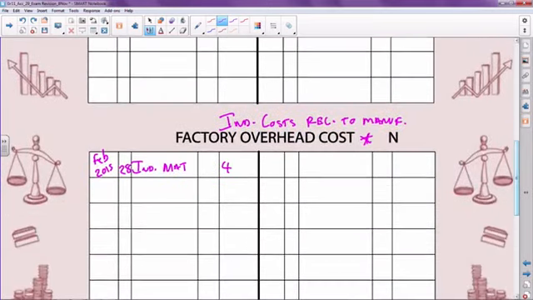Okay, 40,200. Right, then the next item that I also want to include, because I've already come across the adjustment, is